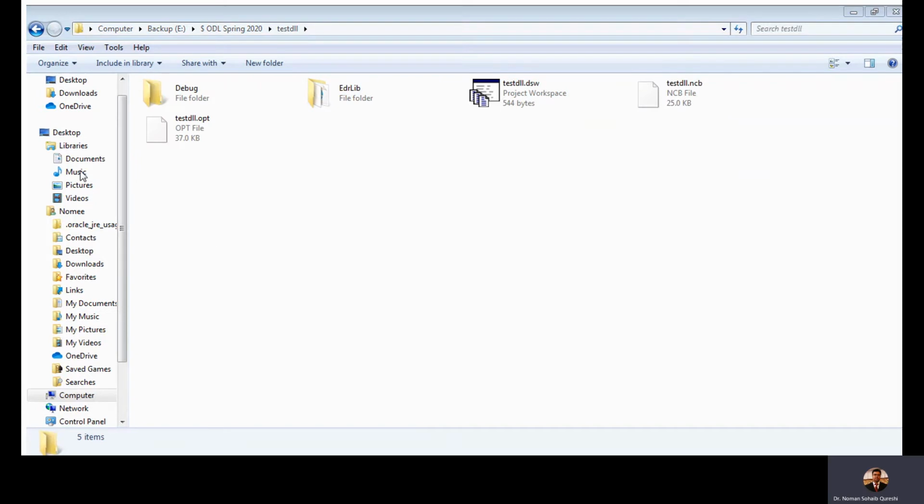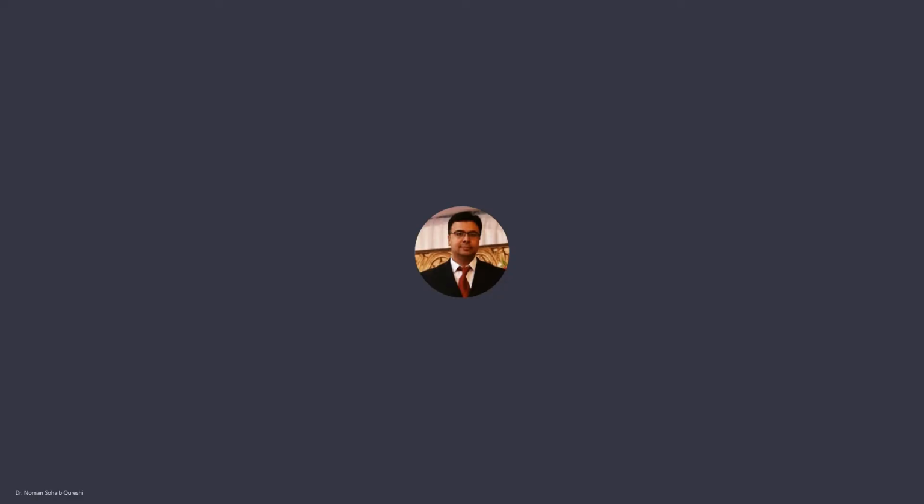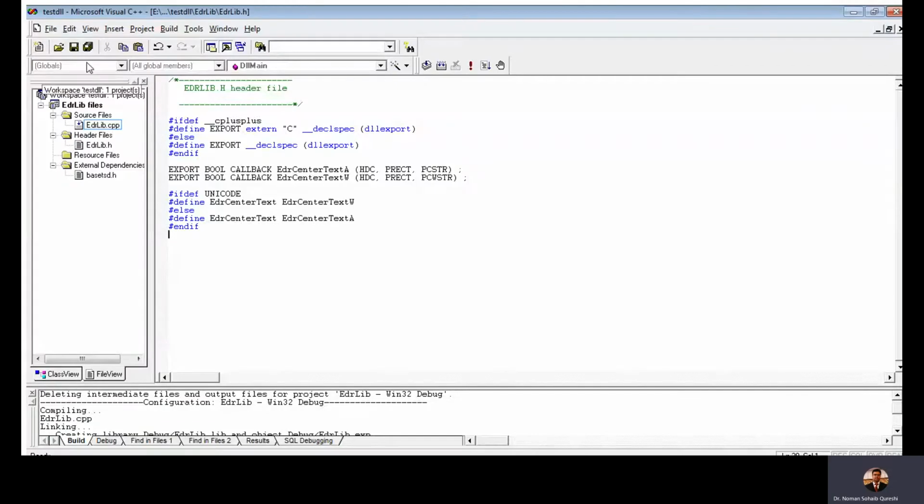Now we'll create the second project file. Now I should again share Visual Studio with you guys. There is no option of Visual Studio. Okay, now as you can see, Visual Studio.